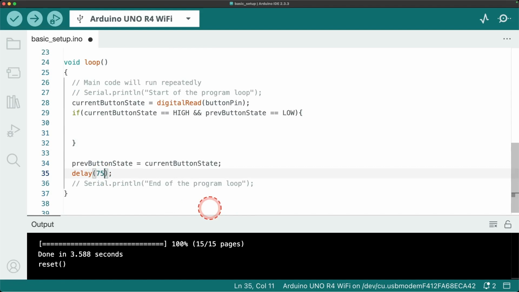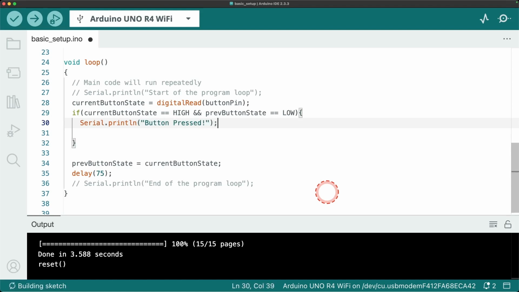We are setting up our loop in a way that will only execute code at the moment when the button is pressed. If someone presses and holds the button, it should only execute once, because we added a second condition that the previous state had to be low. Inside the curly braces, add Serial.println("button pressed");